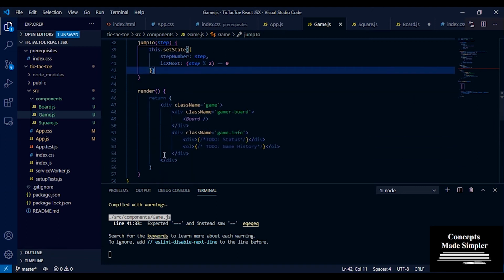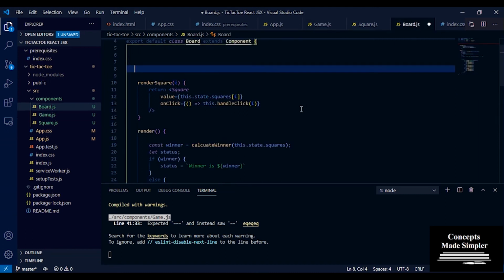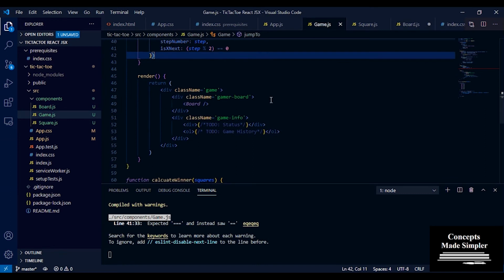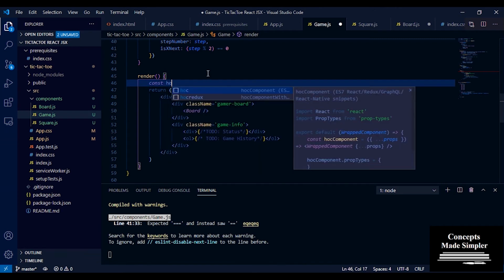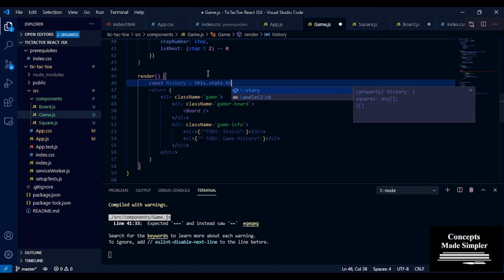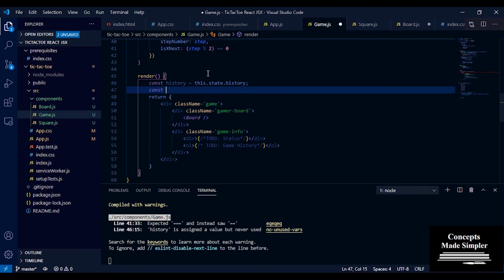Next we're going to be changing our board method a little bit more, but first I want to fix our game method further. We're going to take out history from this.state.history, and we are going to pull out the current squares value.